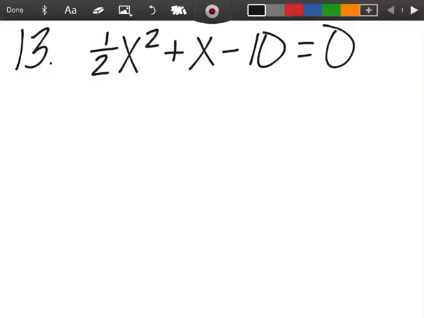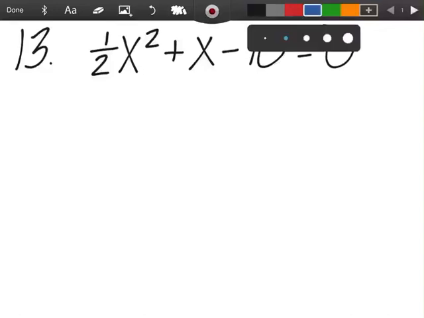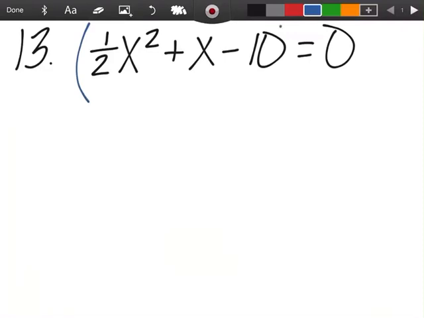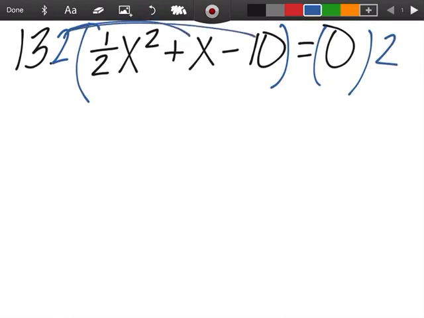Okay, so if I was looking at a problem like number 13, here's what I would do. There's a 1/2 there. I can deal with the 1/2 if I want to, but this is also an equation. So I can take this entire equation and multiply both sides by 2. And that's especially helpful because 0 times 2 is 0, but I'm just going to distribute this 2 to each